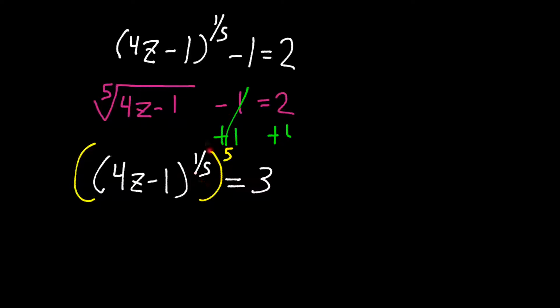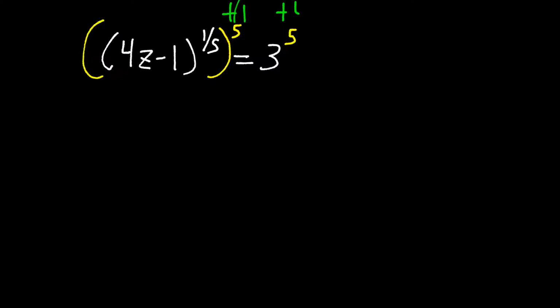Because if I'm raising an exponent to a power, we multiply them together. 1/5 times 5 gives me 1. And since I'm doing it to one side, I have to do it to the other. So we are going to have now 4z minus 1, without the parentheses because the exponent has been undone, equals